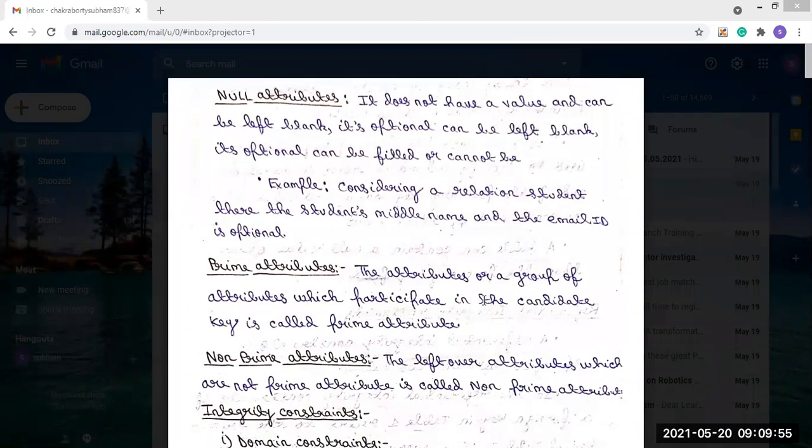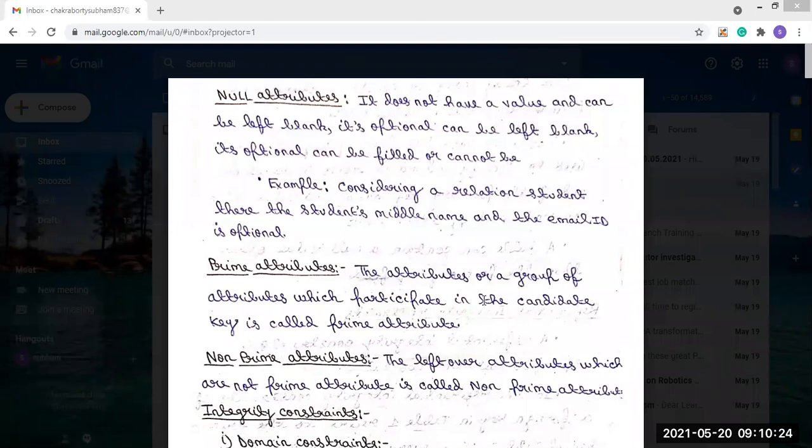Previously, we have seen the different types of attributes, but some types of attributes we weren't able to discuss in the previous class. So today we will discuss that first, and after that, we will see different integrity constraints, then the data model that is used, and at last, the ER diagram, which we can do.